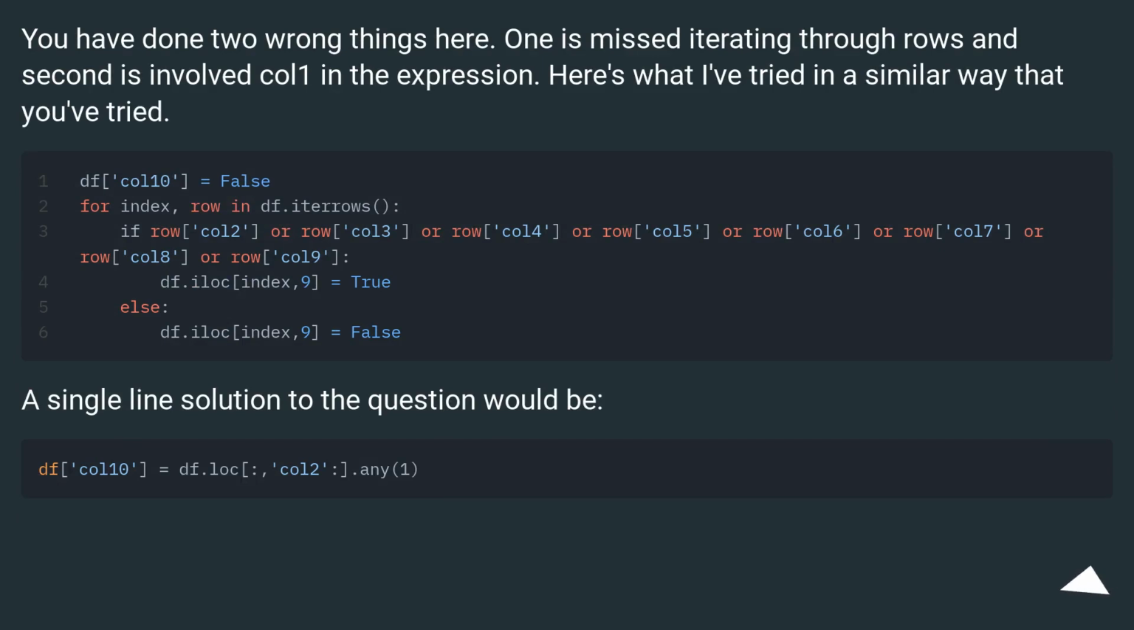Here's what I've tried in a similar way that you've tried. A single line solution to the question would be: